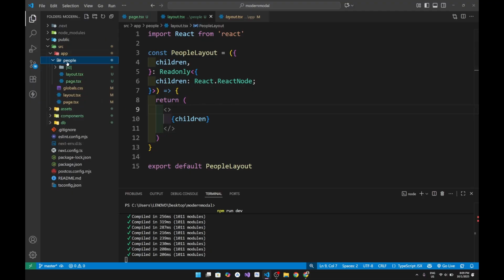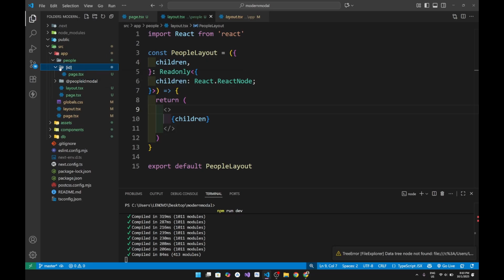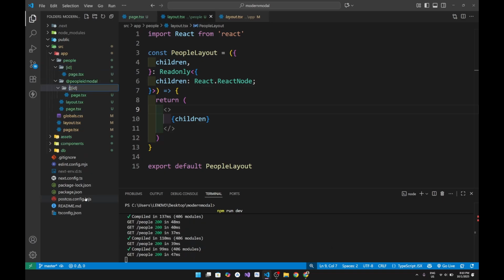After that, go to people and create a new folder that starts with @ and name it as you wish. I'm going to name it people ID modal. And after that, I'm going to copy the page that I want to make a modal version of, paste it in, and name it like that.